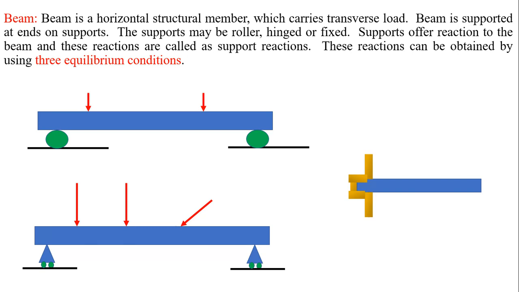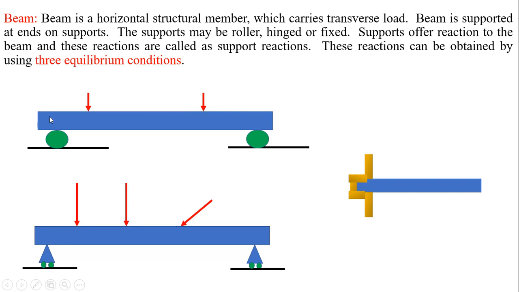Okay, so now a beam is a horizontal structural member. Like here, this is one of the beams. Now, whenever we are considering any type of beam, there will be two important things. The first thing: beams are always supported by different types of supports at the ends. In the last video we learned some types of supports, that is hinge support, roller support or fixed support. And the second thing is that the beam carries transverse types of loads.